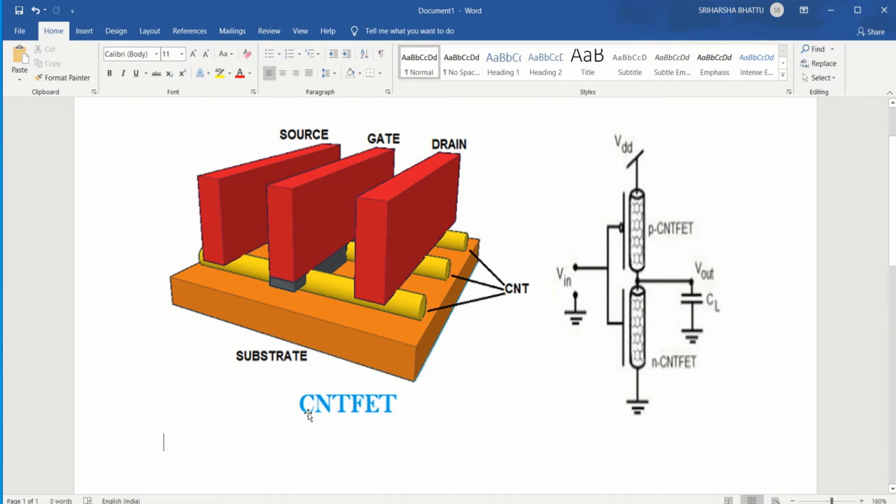But in a CNT FET model of a transistor, carbon nanotubes are placed along the substrate. This is done mainly to avoid the leakage current flowing between the gate and substrate regions. This is the schematic view for the conventional as well as the CNT FET model of a circuit.